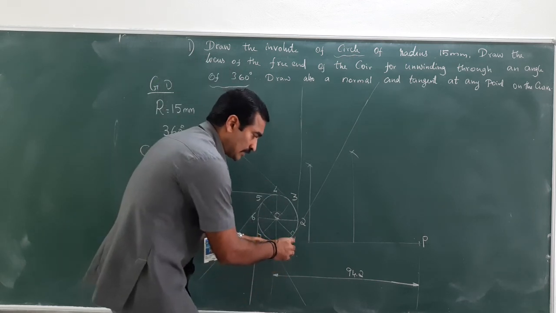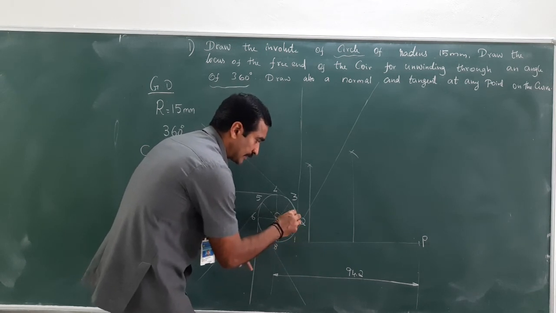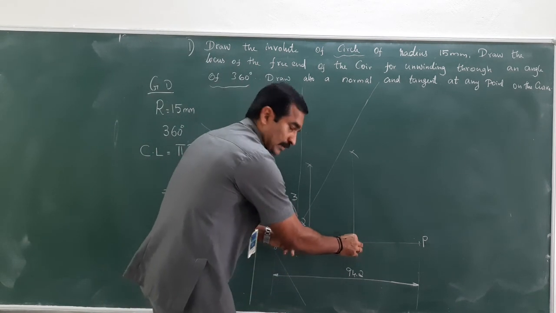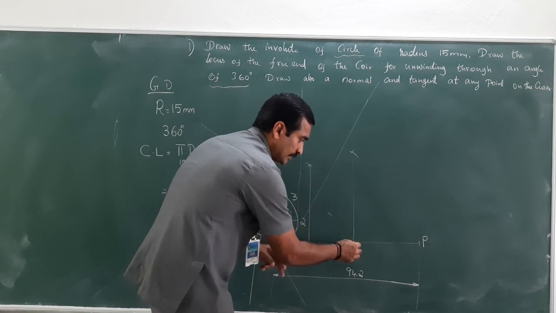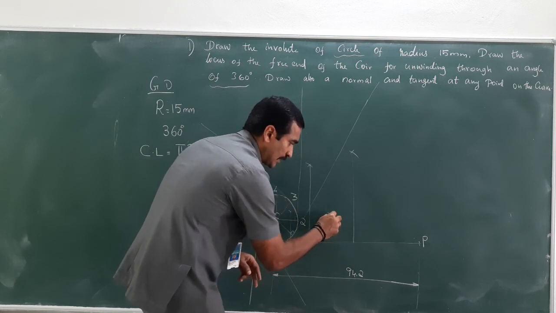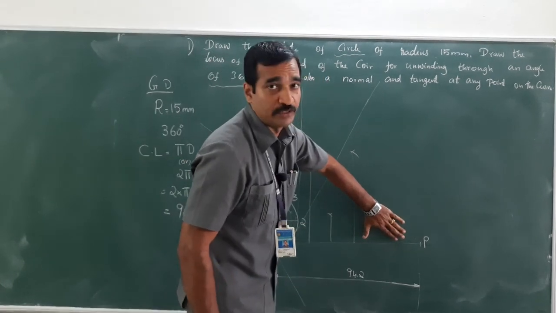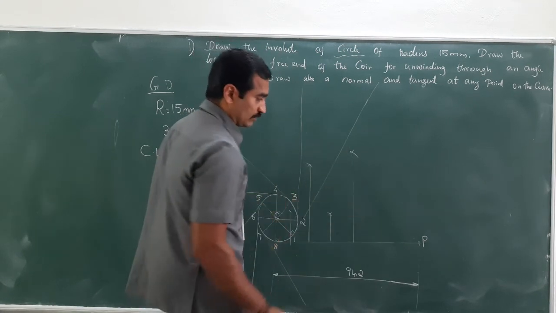Now stretching your compass, taking more than half, cut an arc. Keeping at this point, cut an arc, extend it. Similarly, repeat the same. These are the extreme points. Take more than half, cut an arc. Keeping the compass here, cut an arc. This has been divided. Now this also needs to be divided into 4 equal divisions.